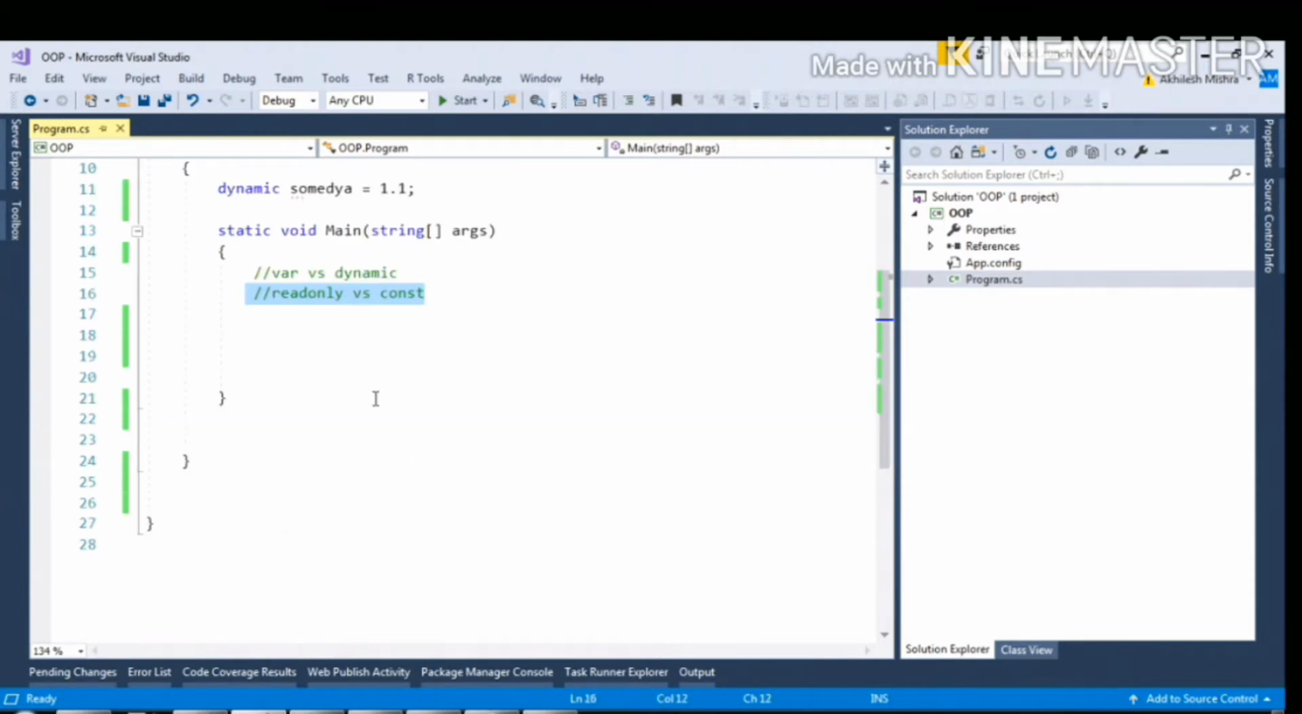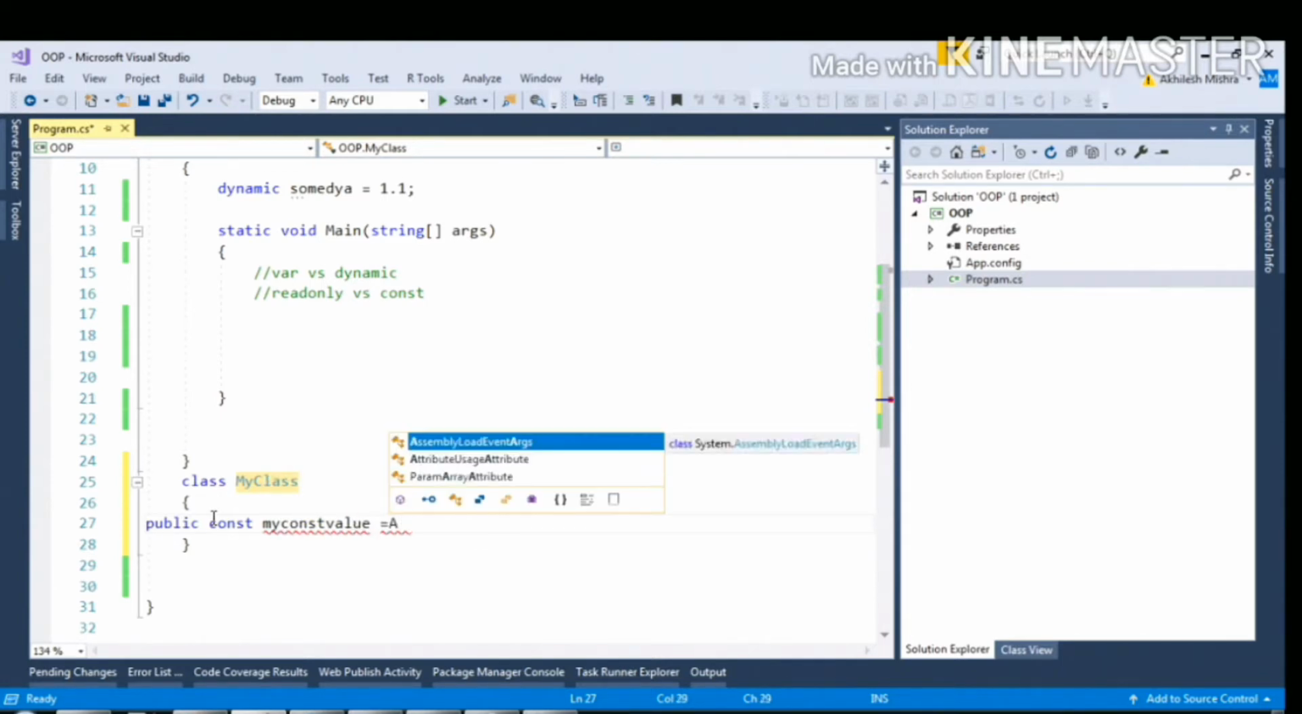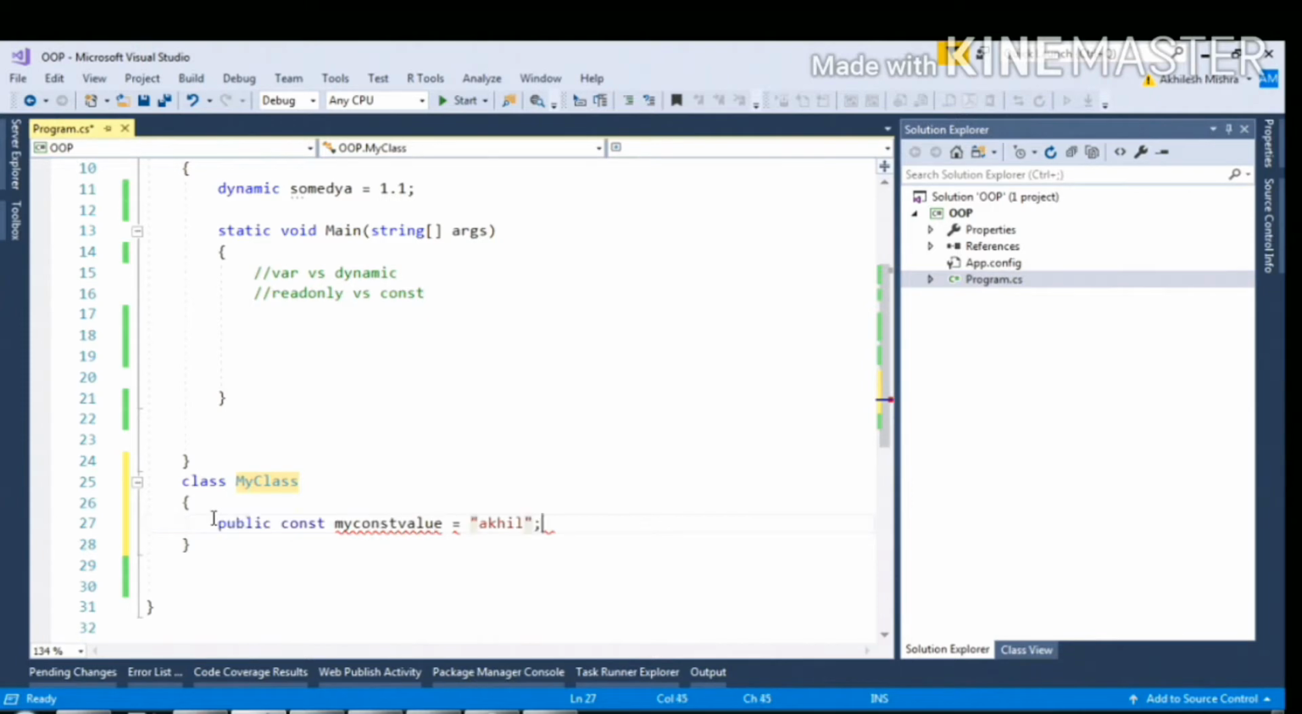Now talking about readonly and const. In order to demonstrate it, let me create a class, say MyClass, and here I'm just declaring a public const, say MyConstValue, let me make it of type string. Now somewhere I've got a function, public void display. If I try to reinitialize this value, MyConst equal to say Raj,